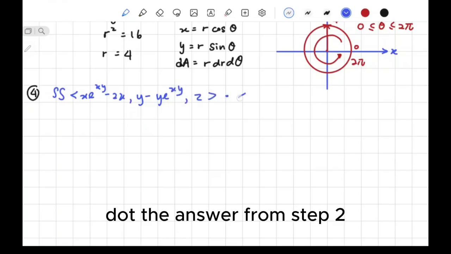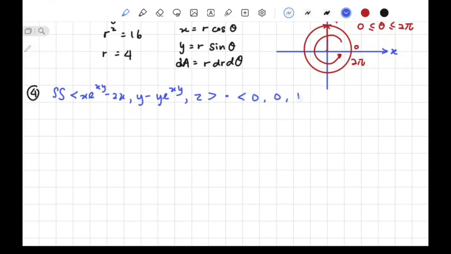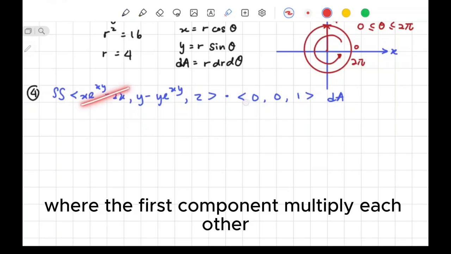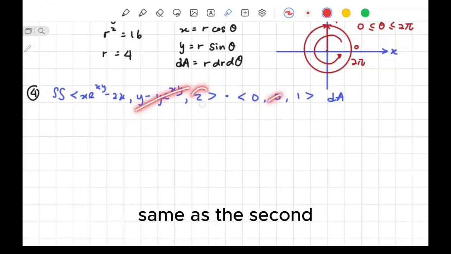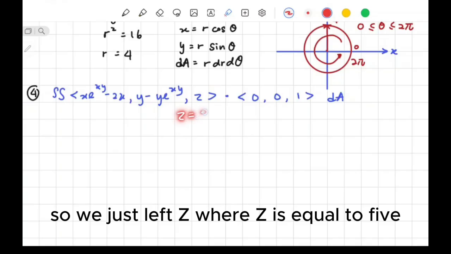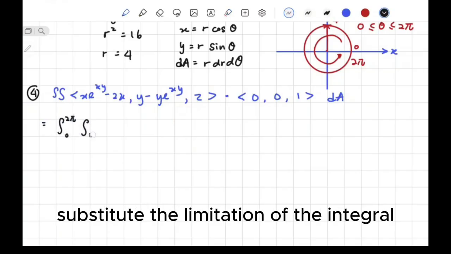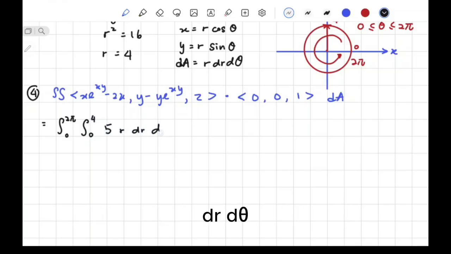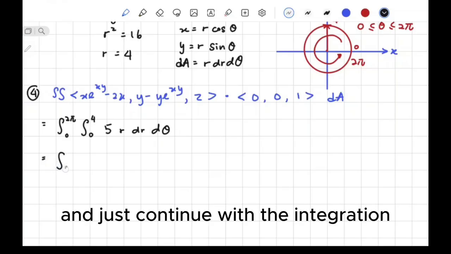Dot the answer from step 2. Now we do the dot product, where the first component multiplies the first, same as the second, so we'll just leave z, where z is equal to 5. Substitute the limitation of the integral, and also substitute dA equals r dr d theta, and just continue